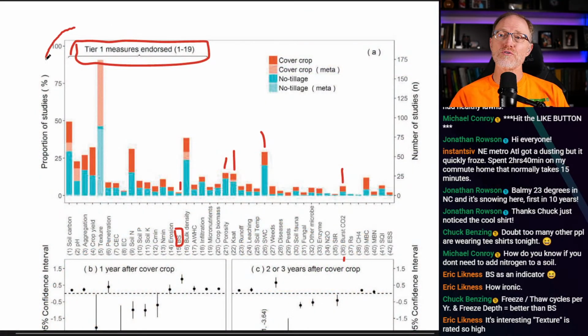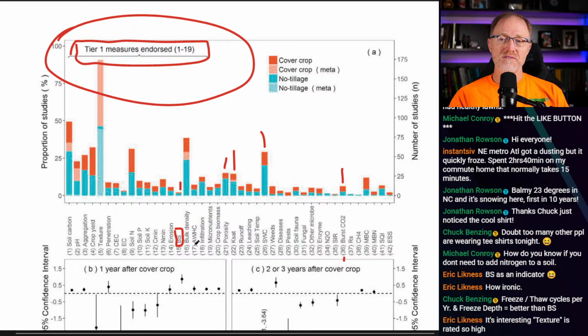Now, I'm also all for somebody paying a boatload of money for people to go out and measure all 19 of these variables. That is not cheap. The reason why the most common one was soil texture, and at 80%. And look at crop yield. It's only 30%. The one variable that matters is crop yield, and only 30% of the studies that measured soil health measured that. So, I'm all for measuring these. It's fine, but you've got to pay for it.